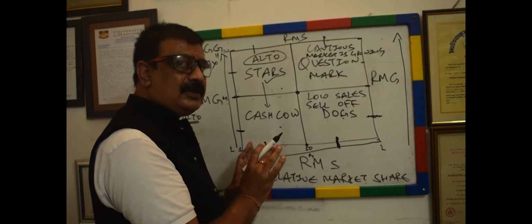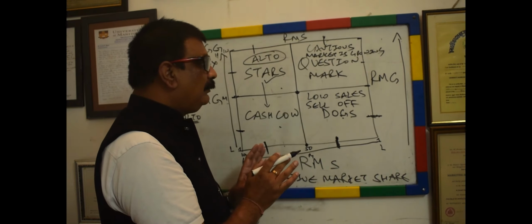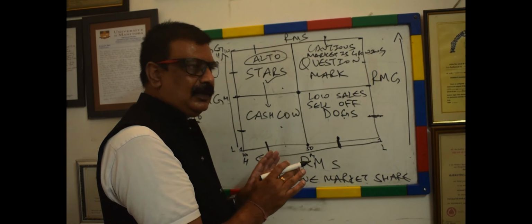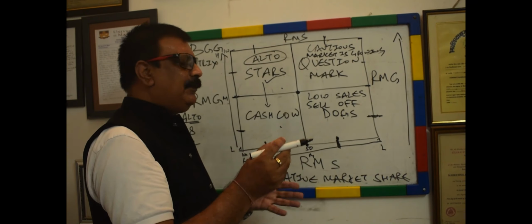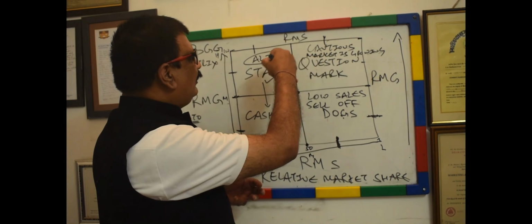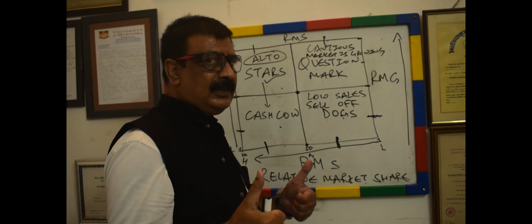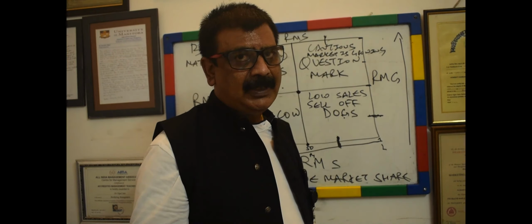In the next class, we'll be talking about various examples, and I'll take your problems because it's not easy to understand how to go about it. And now, if you come up with any brand, for example, Swift, Calvin Klein watch, BCG says you have to put it at one of the 4 places, and then the strategies will take care. Right then, we'll meet again. Goodbye. That's it.